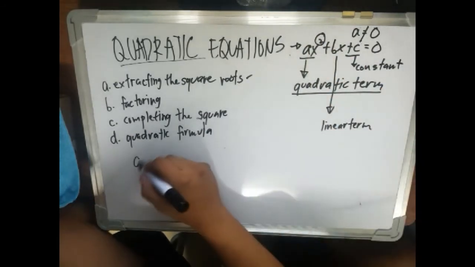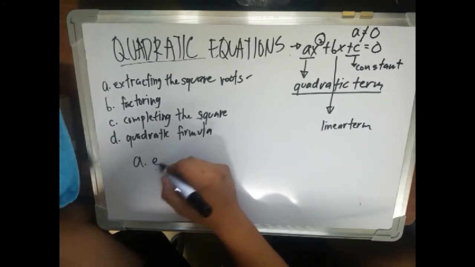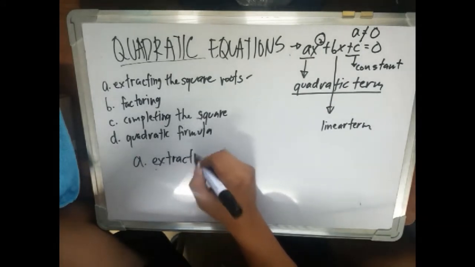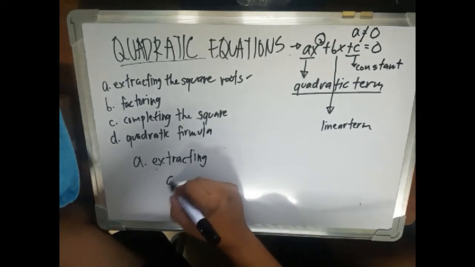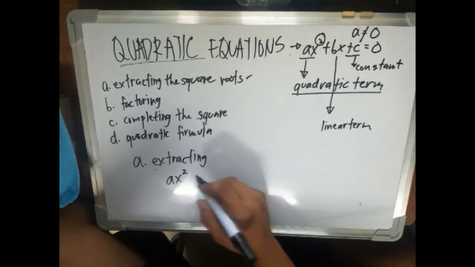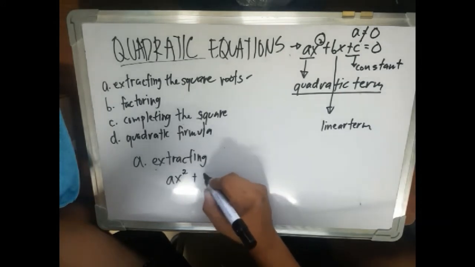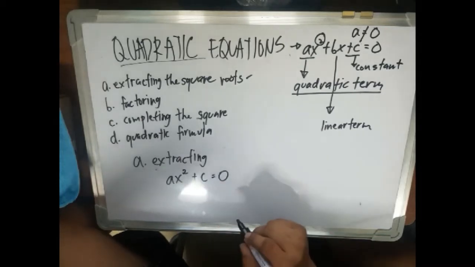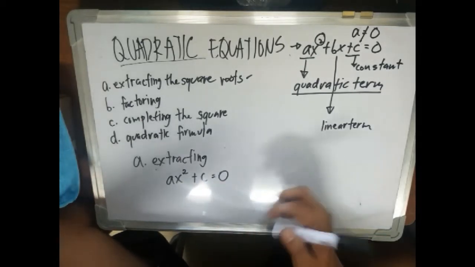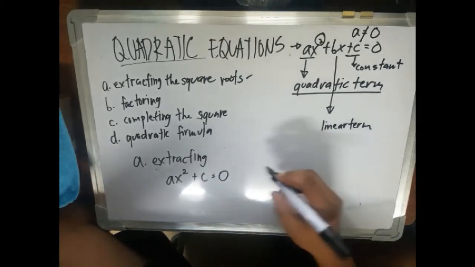So, when it comes to extracting the square root, ang kailangan natin, dapat meron siyang quadratic term and also constant. So, kahit wala na yung linear term natin. Okay, so paano ba gumagana yung extracting the square root? So, literal, kukunin natin yung square root. So, for example,